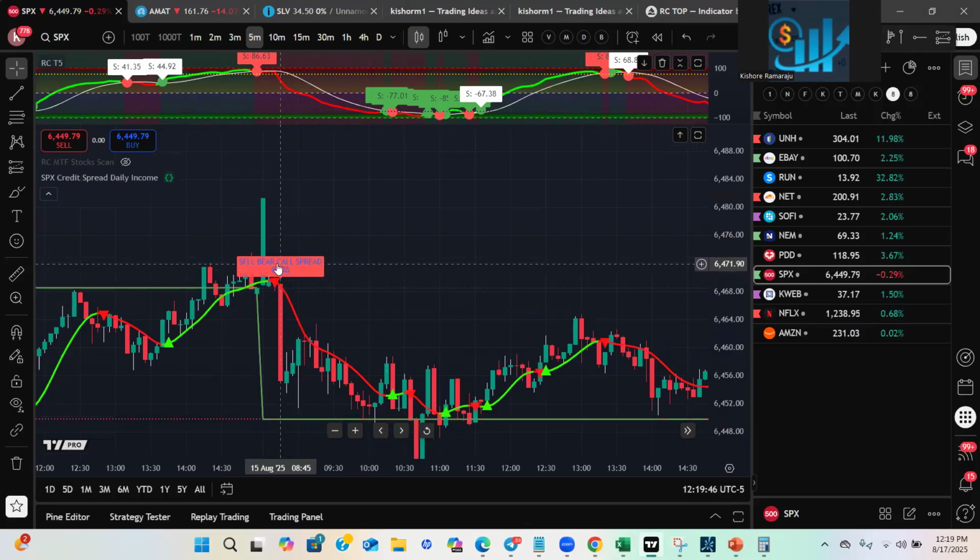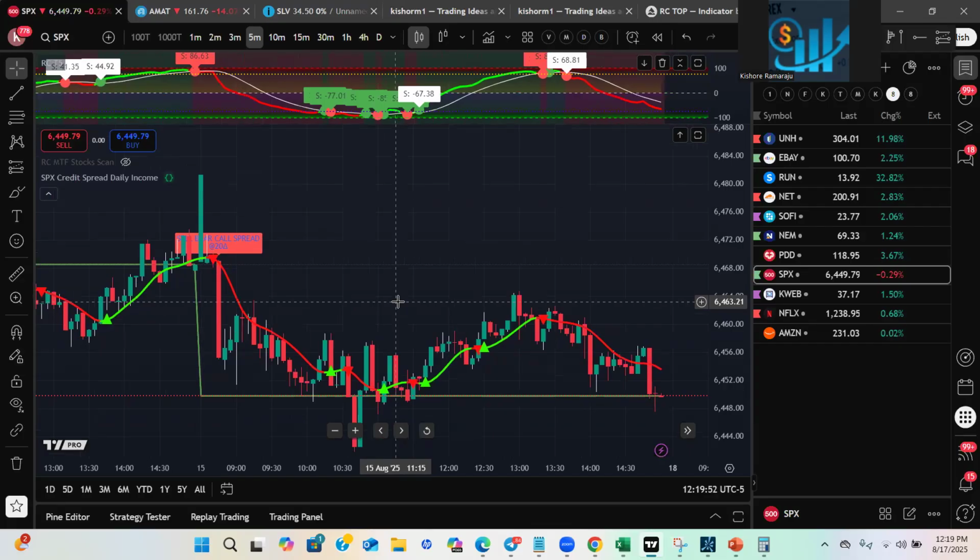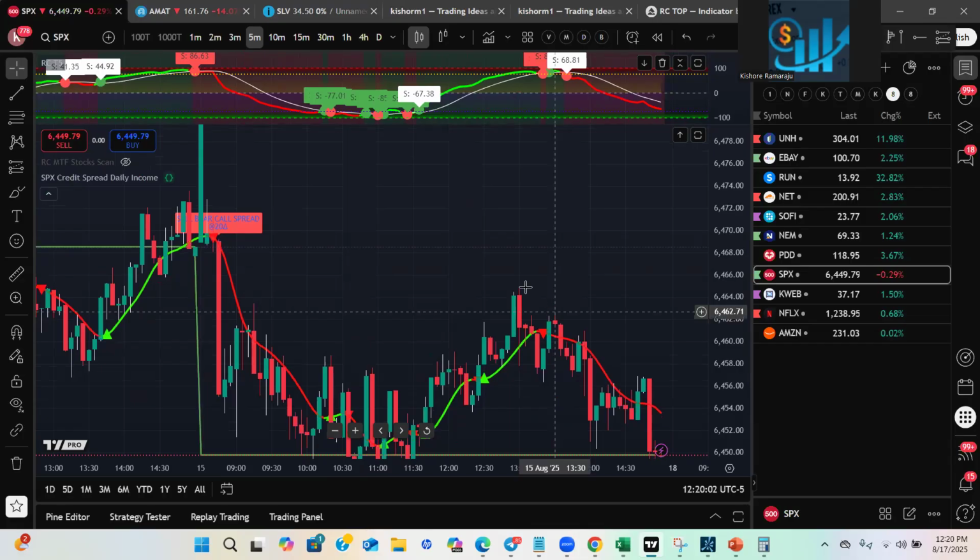For example, on Friday, it gave indication that you had better do the bear call spreads. That means the overall trend is bearish. You can do bear call spreads on this day. So whenever you see a pullback, it is best to do bear calls on this. Whenever you see a sell signal,